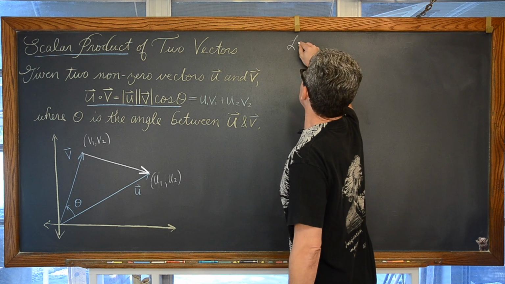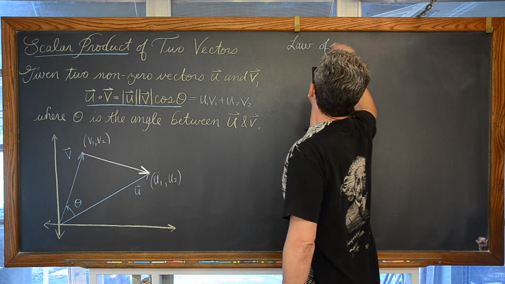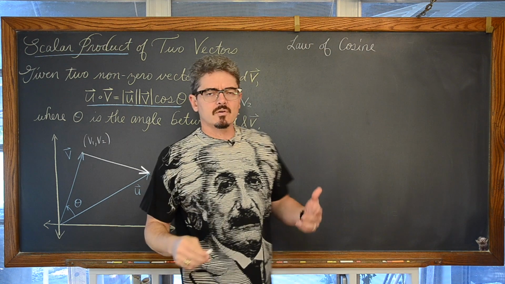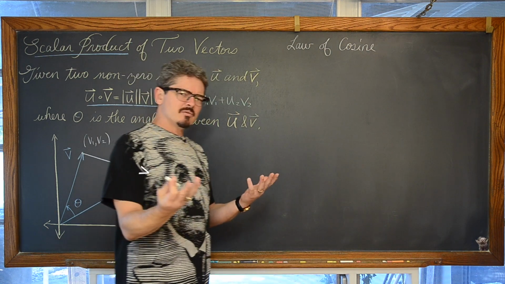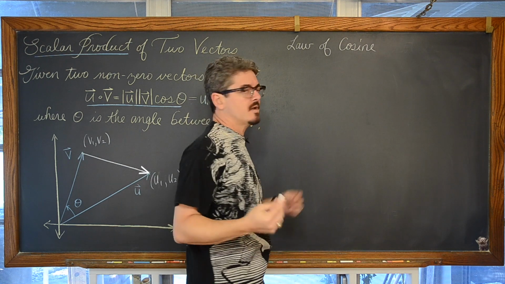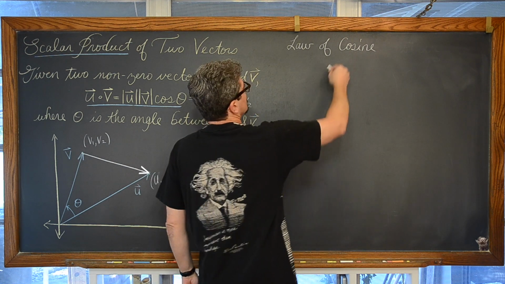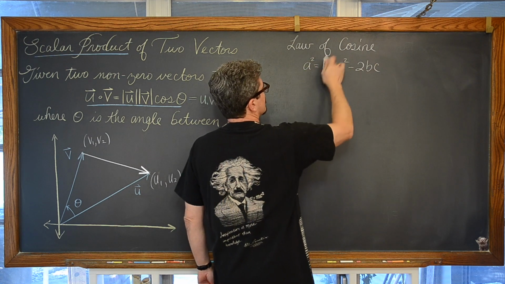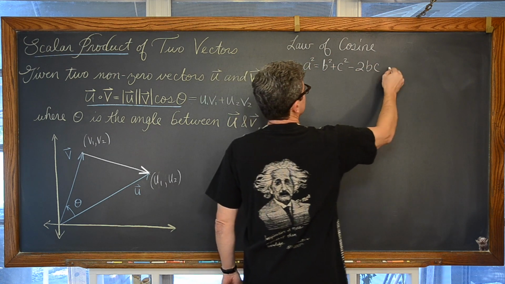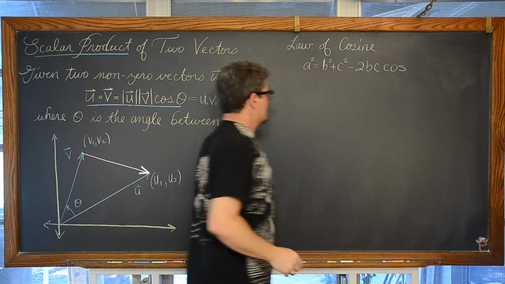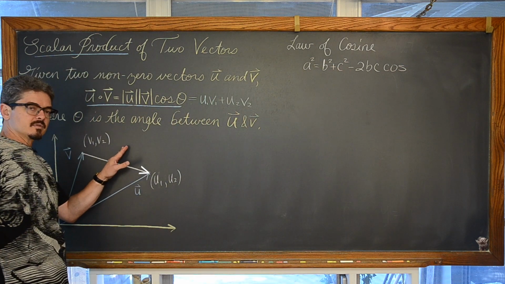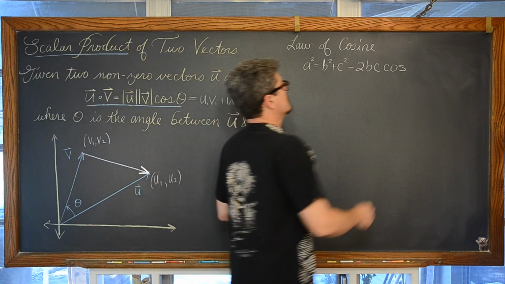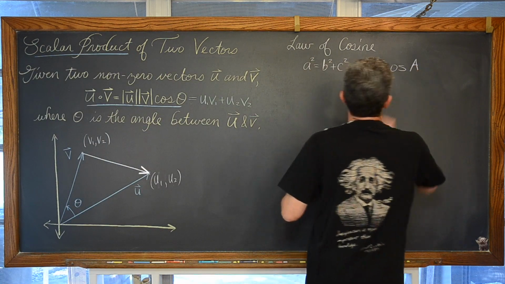So we're going to work this out with the law of cosines. That law of cosines you learned possibly earlier this year, in pre-calculus or maybe even algebra 2, says that a squared is equal to b squared plus c squared minus 2bc times the cosine of angle A. You always work with the length of a side and the measure of the angle opposite it.